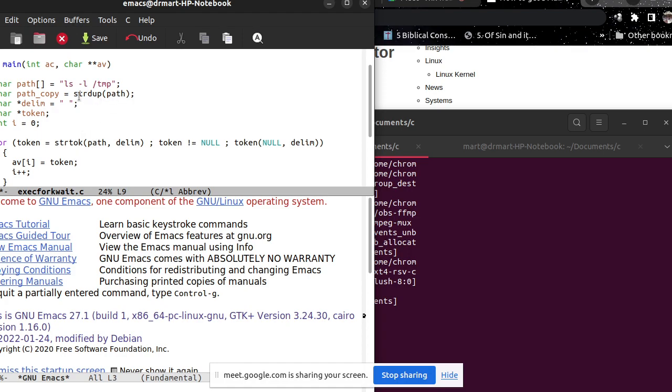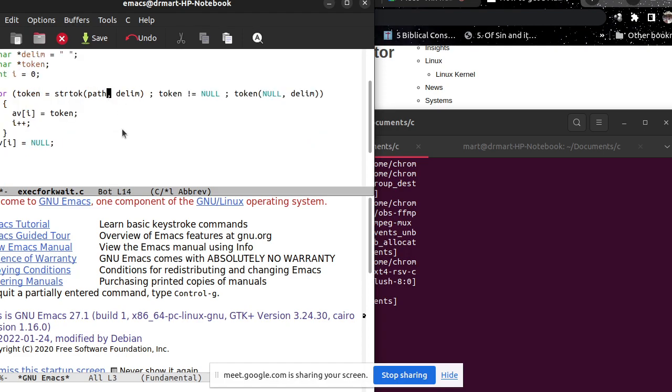I'm doing that so that I can still have access to the string. So let me first use the copy here. Then instead of